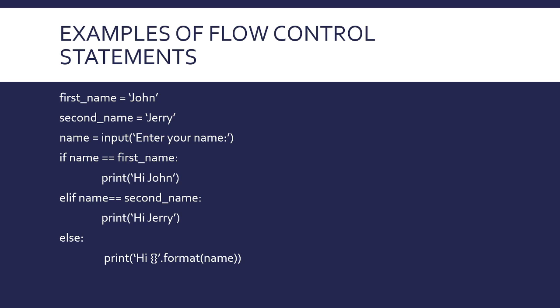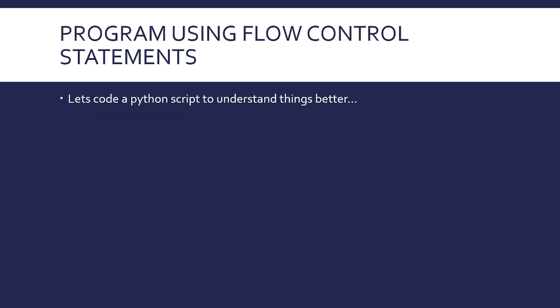So in the last video we saw how to use the control flow statements, or flow control statements, and we used some examples with if, else and elif statements, like the program that you are seeing on the screen. So we also wrote one Python script to understand the flow control statements, and in this video I am going to talk about the while loop.